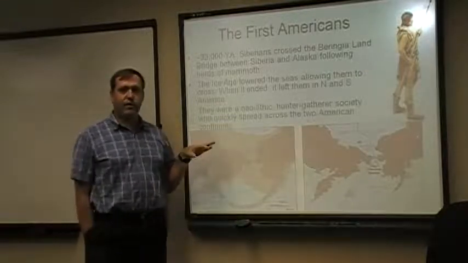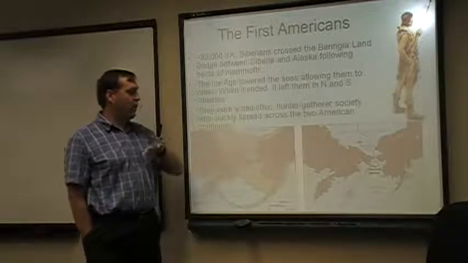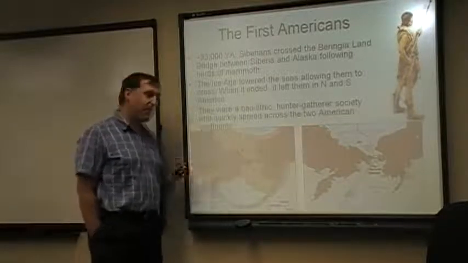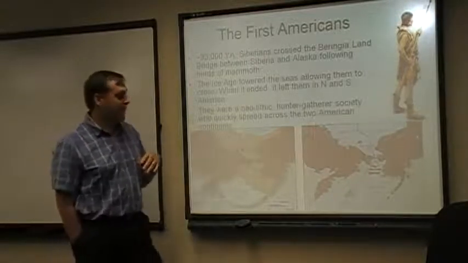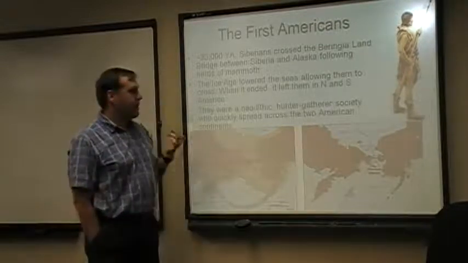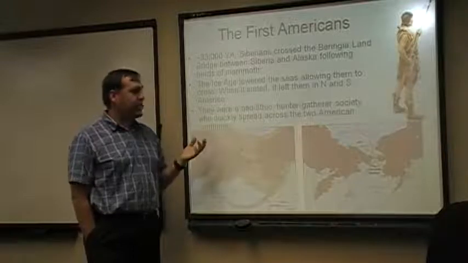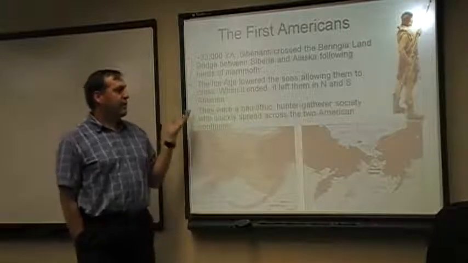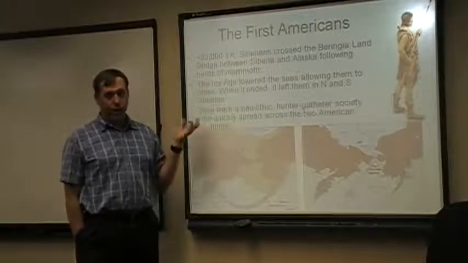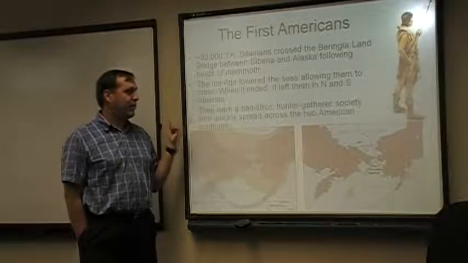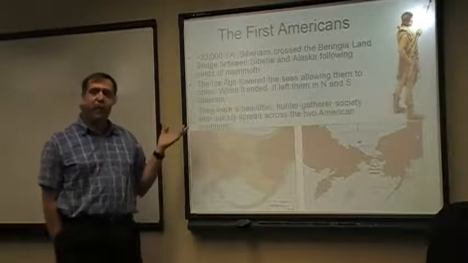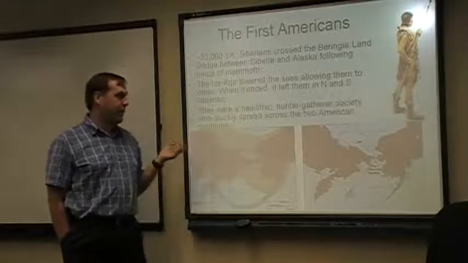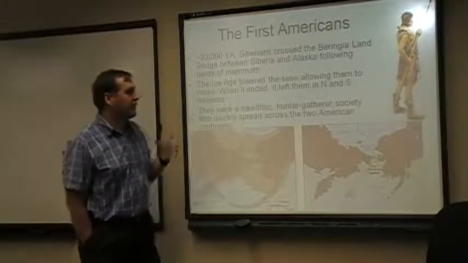So at some point, though, the Ice Age is going to end. So not all of, but a lot of the glacial ice that's locked up on land is then going to run back off. It's going to melt and go back into the ocean, and the ocean is going to come back up. And the map is going to look a lot like the way that you and I know it today. And that is that instead of one connected continent, we have now two separated continents again. And thus, these people are going to be trapped now in North and South America and relatively isolated from the rest of world culture. And they're going to spread out very, very quickly. Some anthropologists think that within 1,000 years they had completely populated two whole continents of North and South America because they can find sites where people had been living for quite some time.